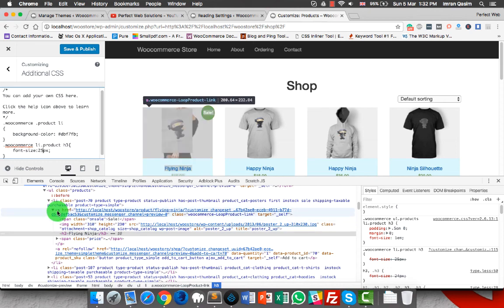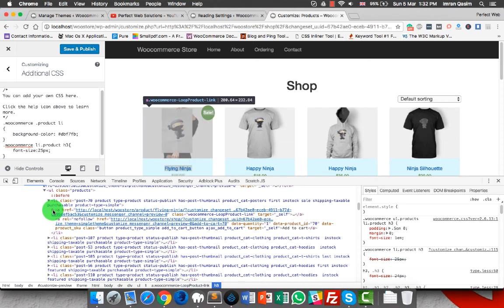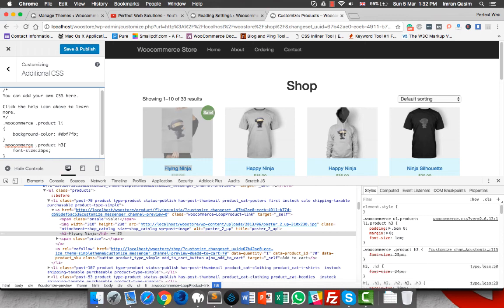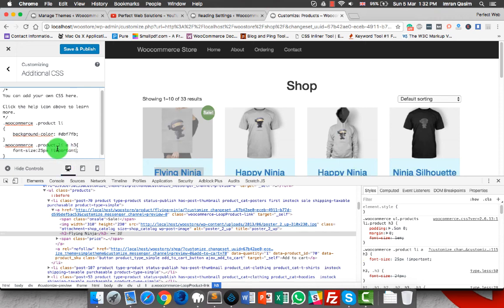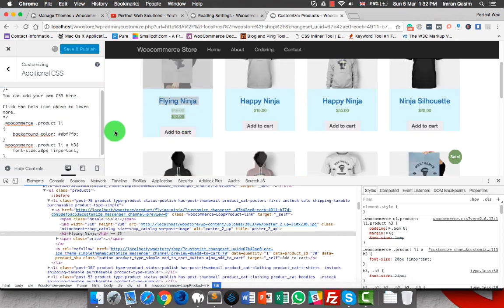and also it is inside an a tag, .woocommerce .product a h3. And maybe I just misspelled WooCommerce, and now it's okay, .product li, and you see the font size is not overridden. So what I will do is write !important, and important means it will override the other styling and make this style take effect. So I can now change the font size here to whichever I like, and this is how we mostly do our tasks.